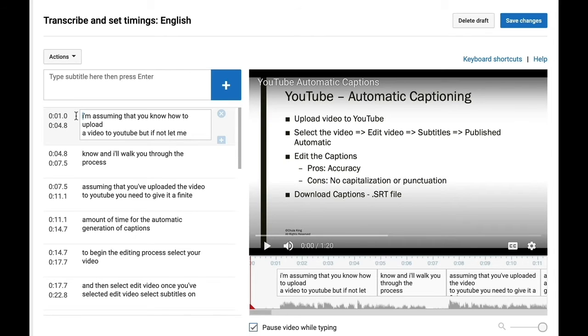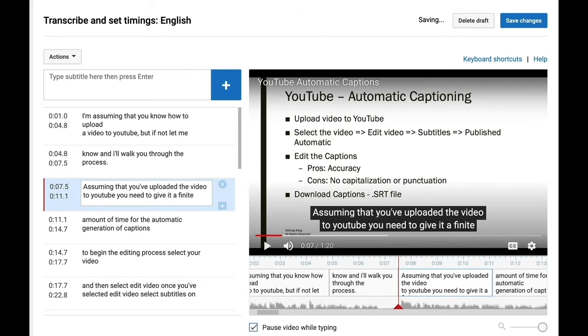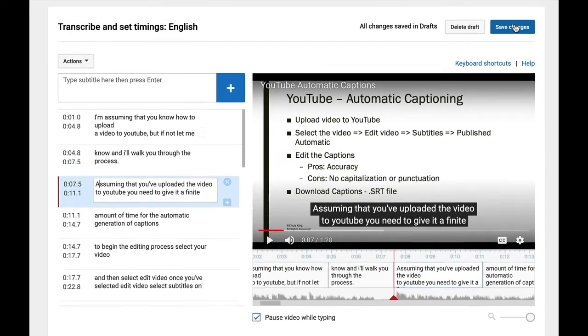I'm going to go through and start editing. I'm going to capitalize the I, put a comma after YouTube, put a period after process, capitalize the A in assuming, and so on and so forth. Once I've finished going through and editing the automatic captions, I'm going to select Save Changes,